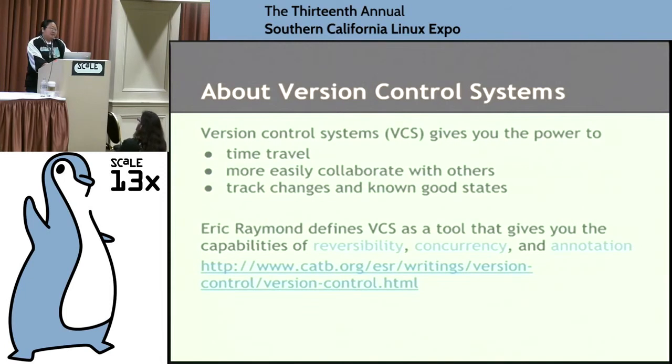So the thing that I realized when I was looking at this definition is that Google Docs kind of fulfills the first 2 criteria. It has a revision history, and it lets you get back to any point in time. And the beauty of Google Docs is the collaboration aspect. You can edit a file, someone else could edit a file at the same time. So that handles concurrency. But what it doesn't handle, and it's the same thing with wikis, is what is called annotation.